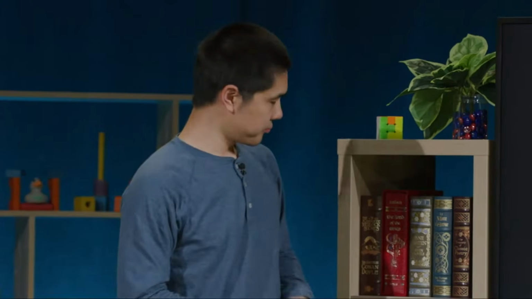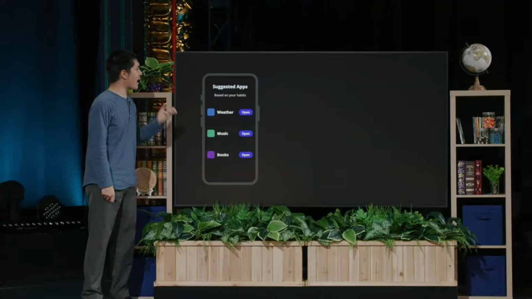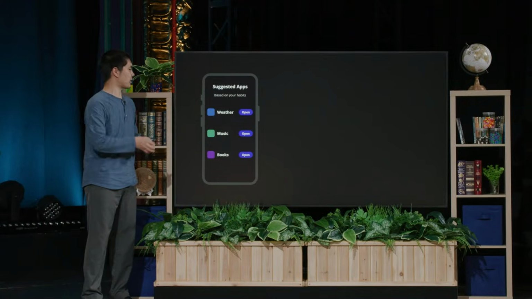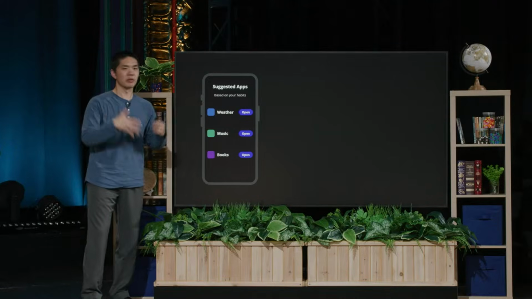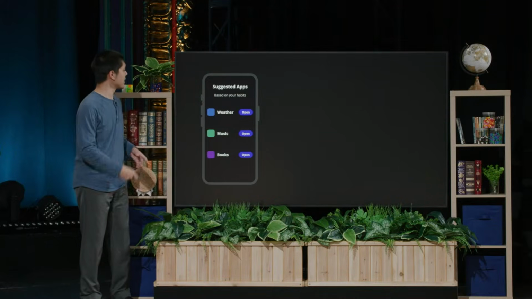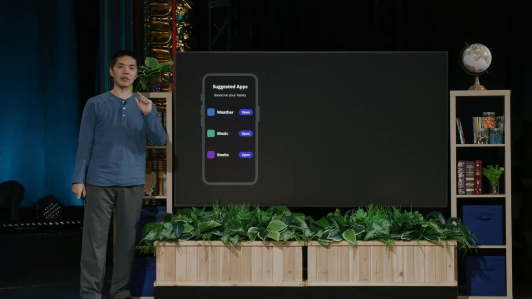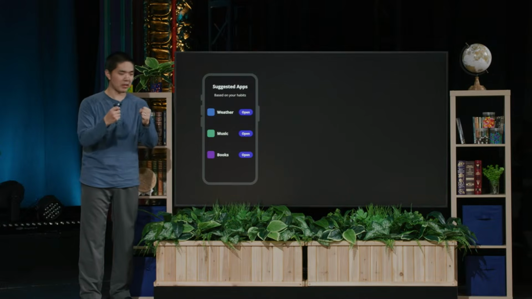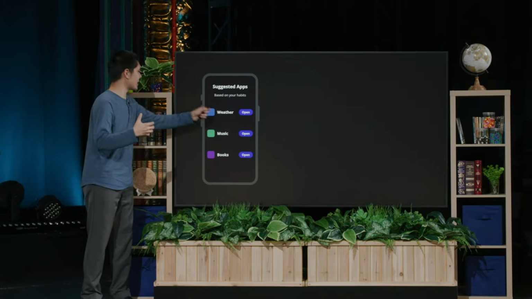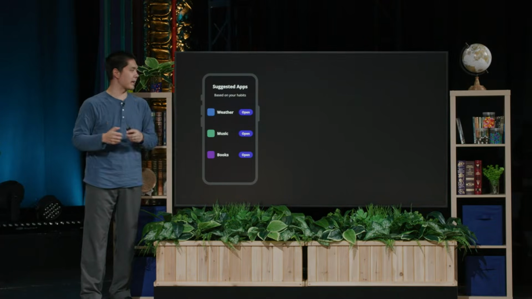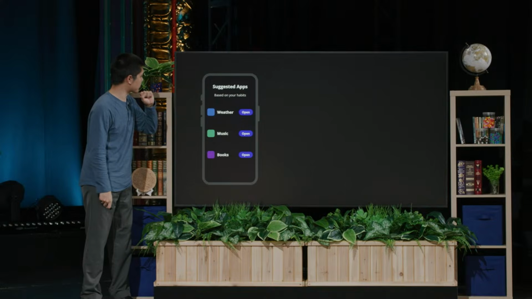So for example, maybe your phone suggests apps that you might want to open. Maybe based on your habits, you always open the weather app in the morning, or you always open the music app when you get in your car, for example. And so AI might try to understand the relationships between these pieces of information, understanding the relationship between, say, time of day and apps you open, or when you tend to open apps together, for example. And it might try to